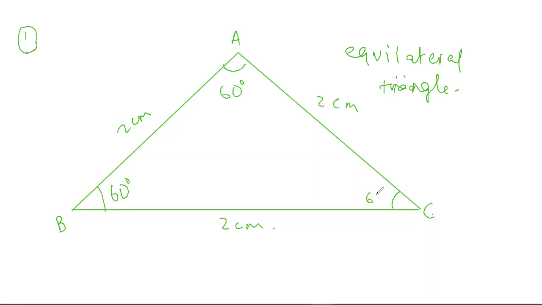How so? Because 60 degrees plus 60 degrees plus 60 degrees is 180 degrees, and somehow you must have learnt in your earlier grades that the sum of the three angles in a triangle should be 180. Okay, so let's say that I draw a perpendicular bisector in the triangle ABC.